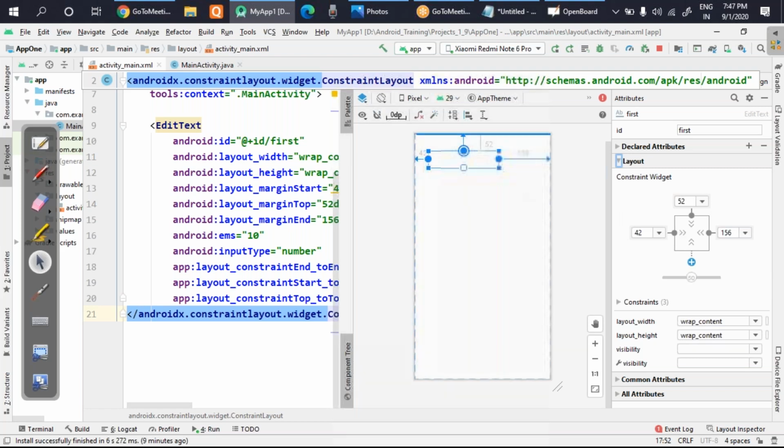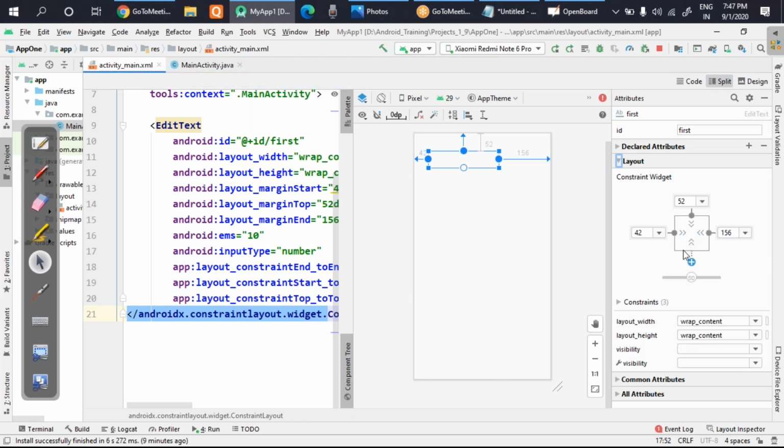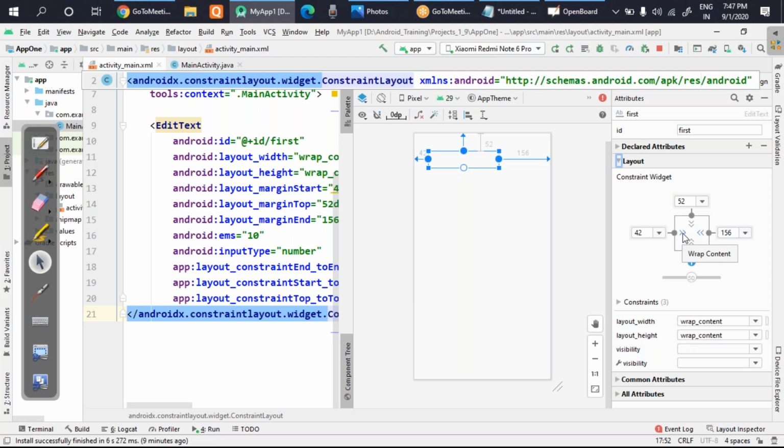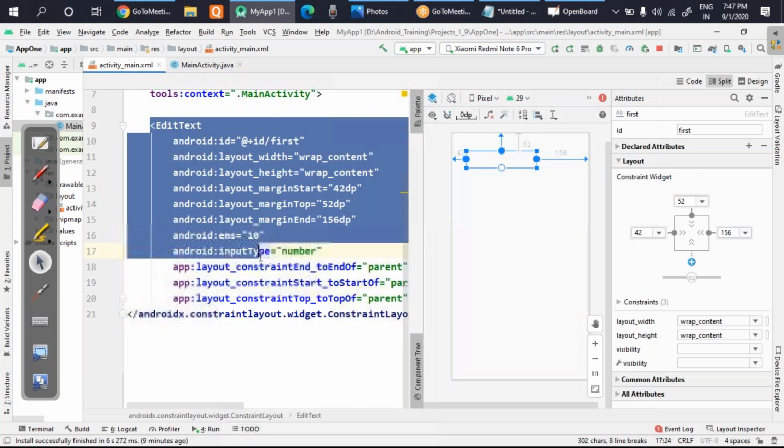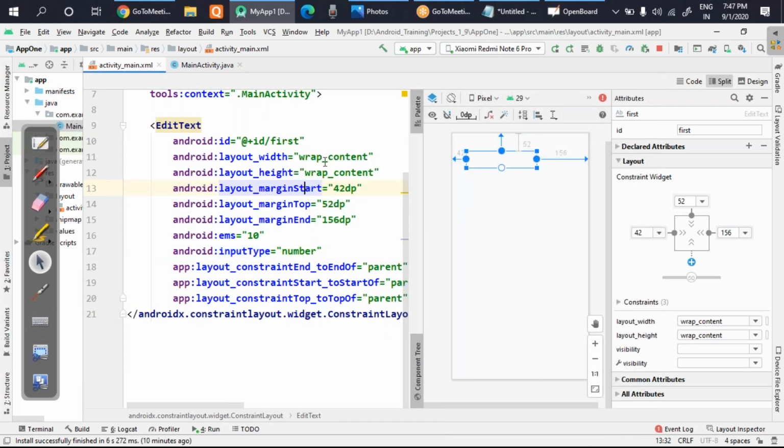And one more thing I want is that it should be stretched. That can be done with the help of this part. Here you can see there are three options actually. If I come here and see, it's coming as match constraint. And if I click once more, then see what it is showing. It is wrap content. So actually there are three options. If you want to understand, you can go to the backend code of the front end design. Can you see, this is the edit text coding part, and if you look at the width and height, it is showing wrap content here. Yes or no? You can make changes here also.